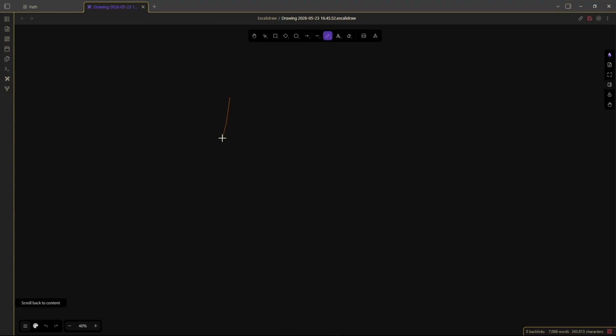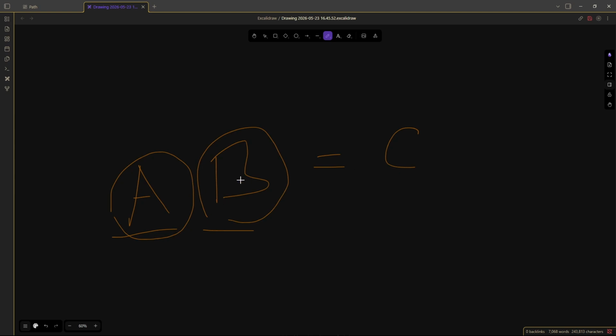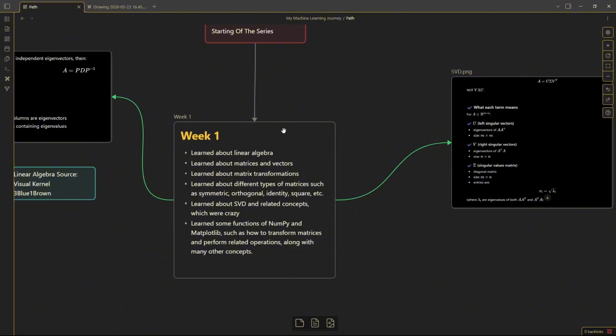Let's say I multiply a matrix A with another matrix B, and I get a matrix C. Now many people say that I multiplied the matrix A with B, but it's not a multiplication, it's just transformation. First we transform the vector with A, then with B, and ultimately we get C. Like if we transform sequentially, then we'll ultimately get C. So these were the things that I learned in the last week.